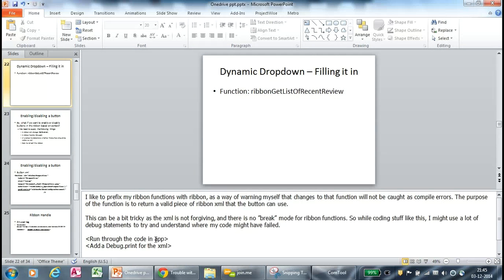I can change the function name thinking that I don't need this function, the database still compiles, and I might think that everything is peachy because the compiler won't catch that we are calling functions in our ribbon, but the ribbon will fail as we try to use it. The purpose of this function